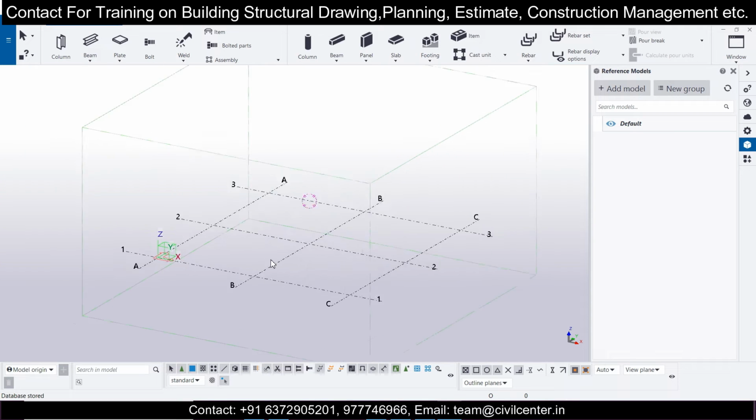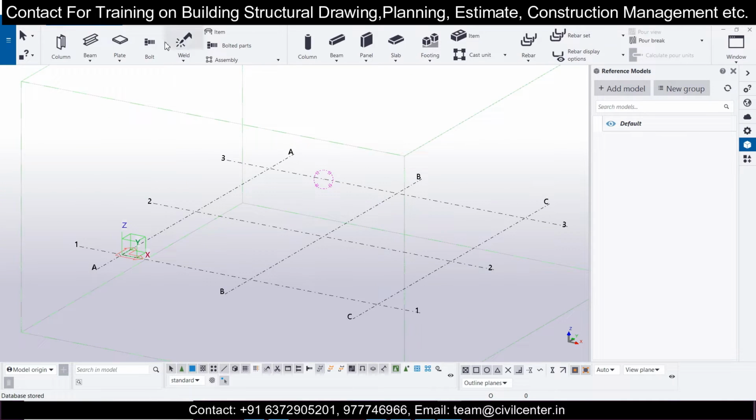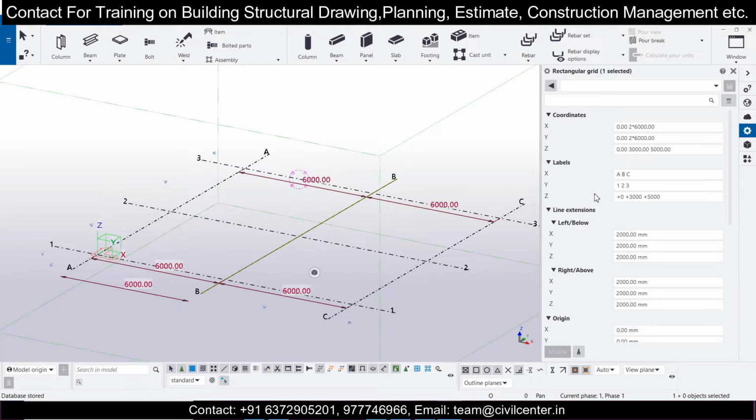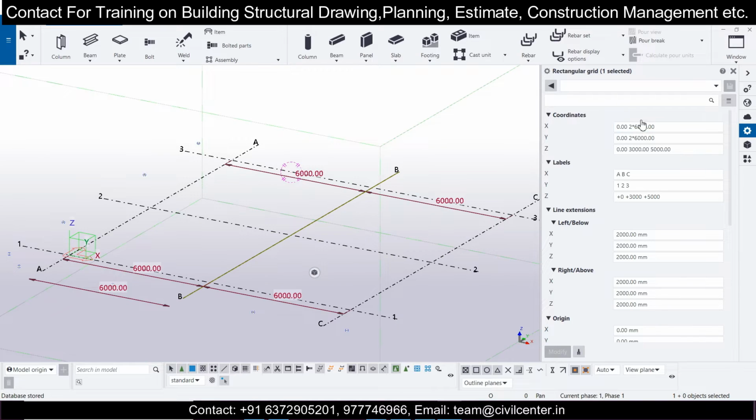So this is basically the interface. I'm just maximizing it, and we'll go to steel. We're going to work on the steel structure part, and we'll click on any of these and then double click on it so that our properties are opened. So here we can define our grids. Let's go with grids of 4000, or 4 meters, and Y also we'll go with 4 meter grids. I want uniform grids here, and the levels I'm taking are 0, 3000 and 6000.